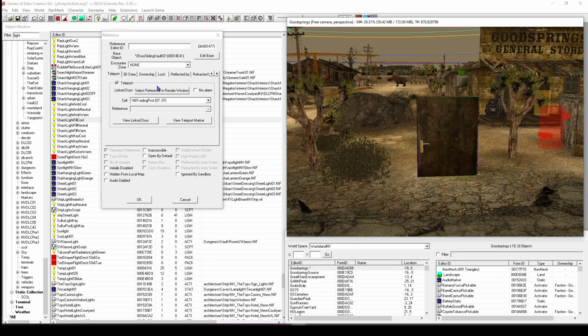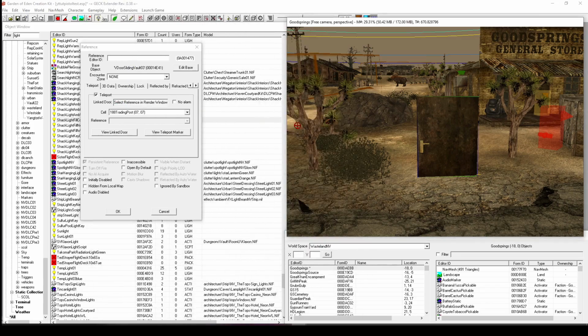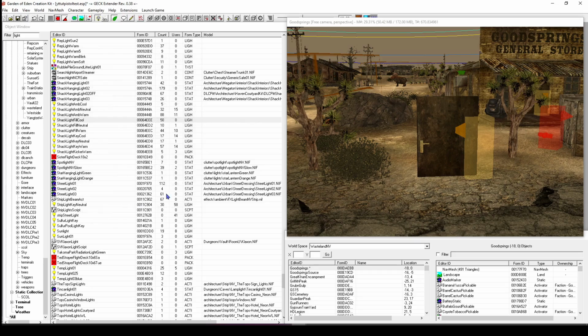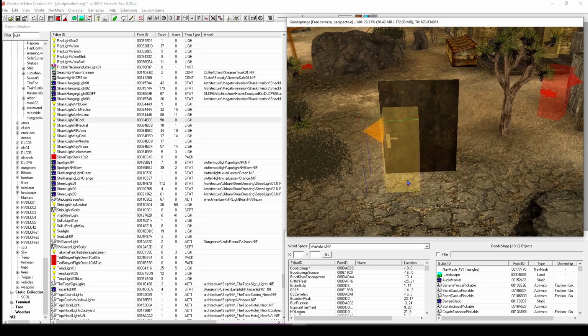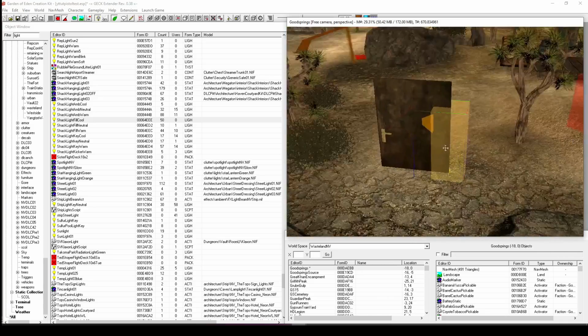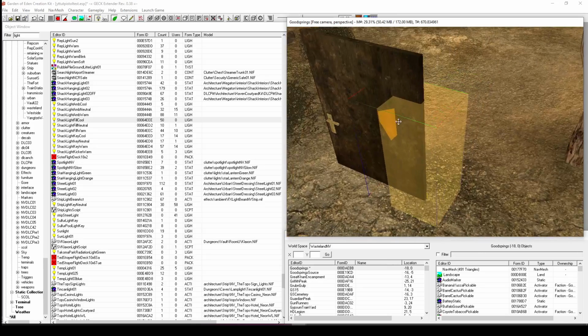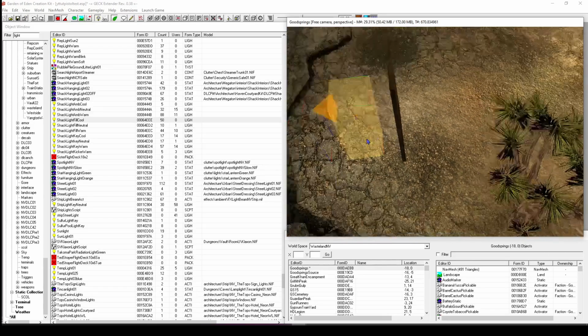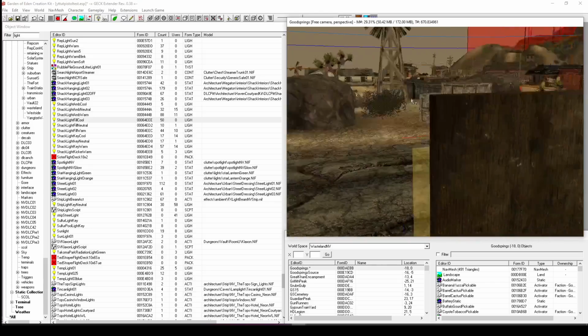and I'm going to hit select reference in render window on my sliding door inside my base. Select reference in render window, double click the door, and hit OK, and you're going to see a yellow marker pop up. This yellow marker is where you're going to pop out. So when you go outside of the vault into the outside, you're going to be placed right here. You're going to be placed in the door. We don't want that, so we're going to move the marker in front of the door facing out. So now whenever you go outside, you're going to be facing this way and you're not going to be inside